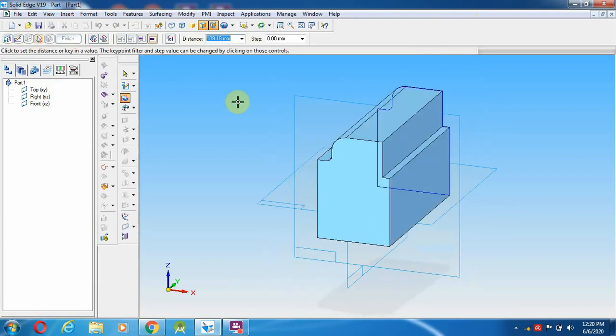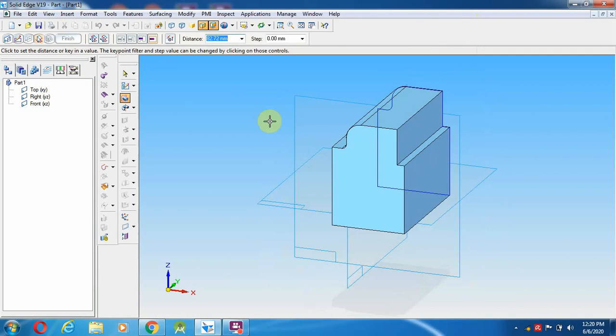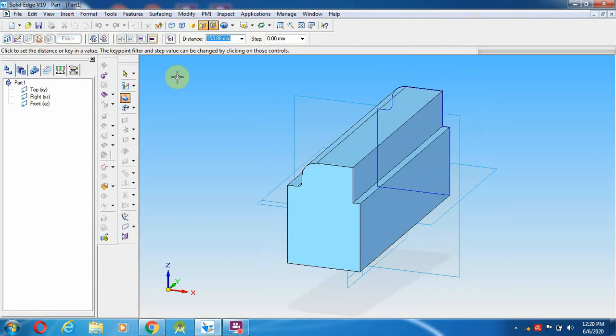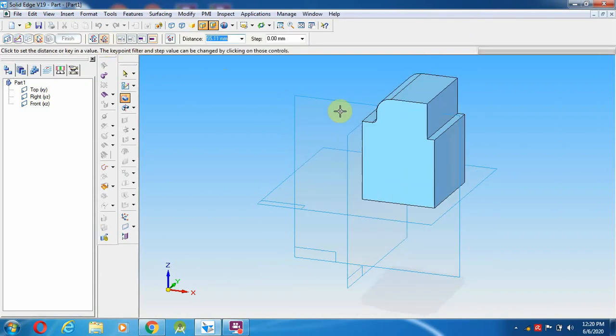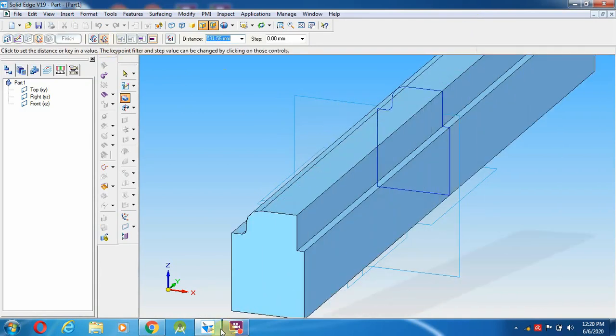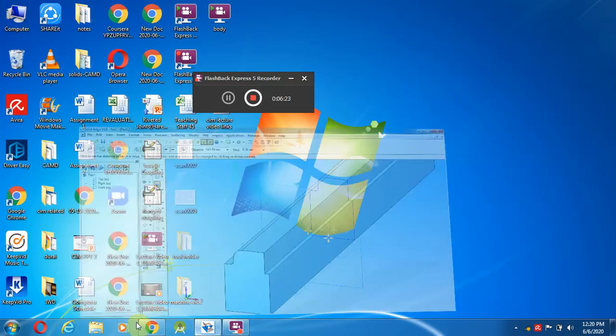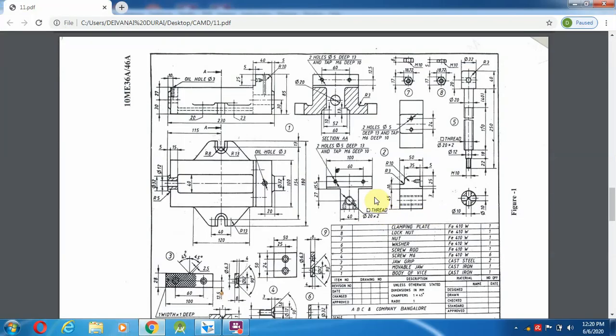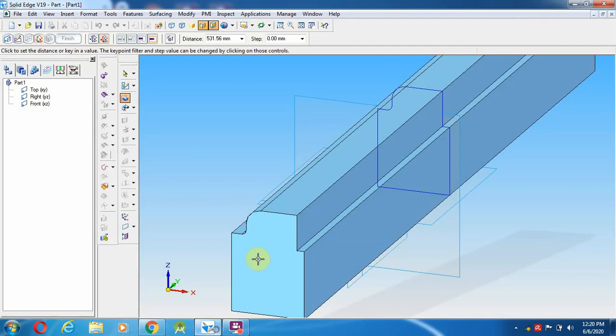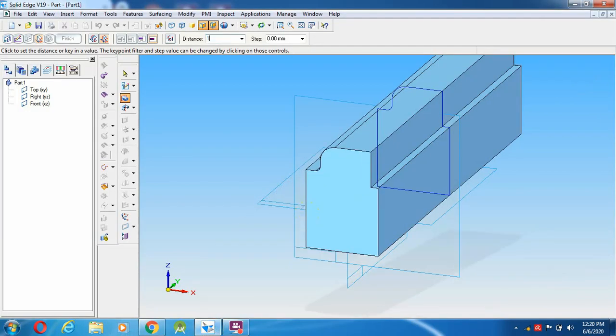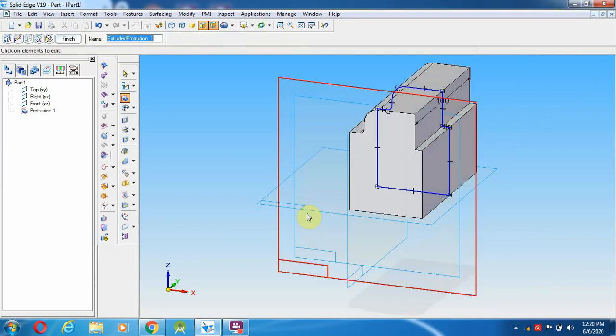Once we have given return, I want to keep the axis, or plane, in the middle, so I am going to use the symmetric extend command. From that, how many mm of depth am I going to extend over here? That is the throughout 100 mm depth that we can see from the side view. So I am going to give 100 over here.